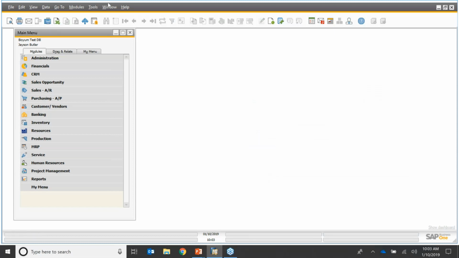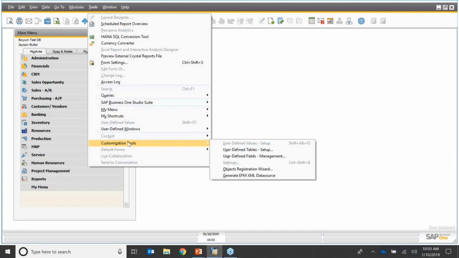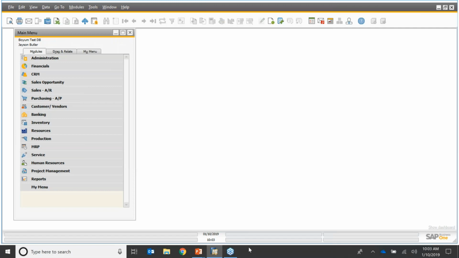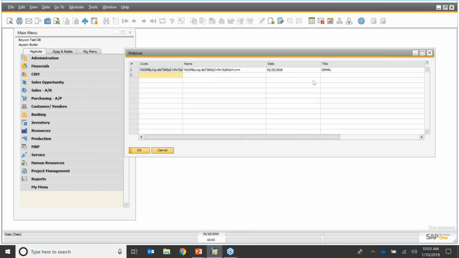Once you have the two tables set up, as you know, you go in here and you will see them right in your user-defined window. There's my Trucks and Webinar. If I open Webinar, you see I have some data in here and I will get back to that. If you're familiar with user-defined tables, the code and name are standard. It comes with code and name, but then you add more columns to it,